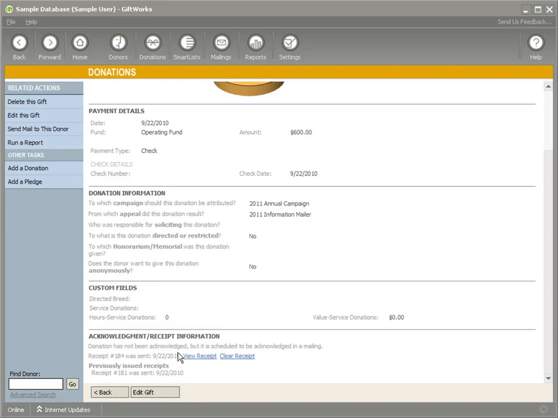And let's talk about Canadian receipting. GiftWorks 2011 provides all the necessary changes to meet the legal requirements for gift receipting issued by the Canada Revenue Agency. And what I've just shown you with reissuing receipts is a big part of some of their requirements. That might also be a legal requirement for wherever you're located, but it definitely also satisfies the Canada Revenue Agency requirements. We've also made some other changes to support legal requirements for Canada or support their receipting. One is that